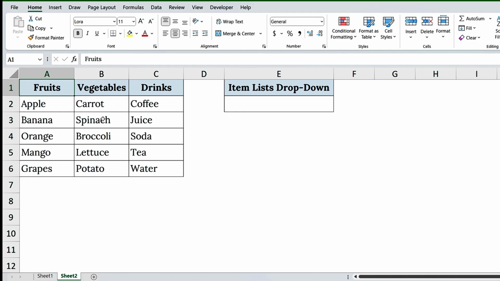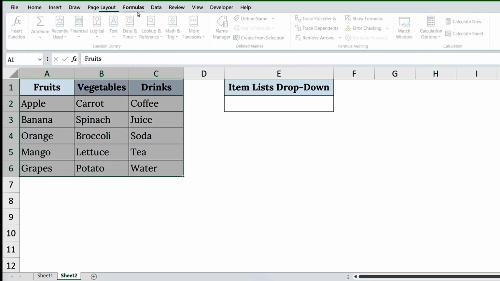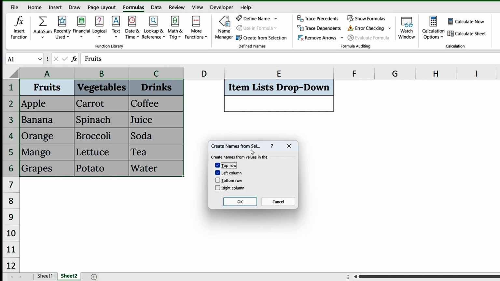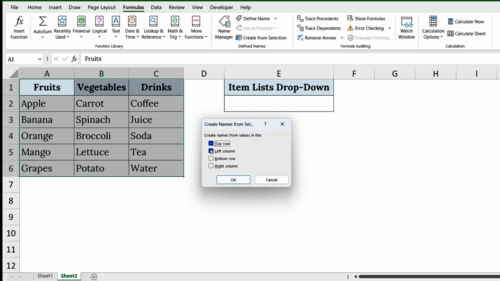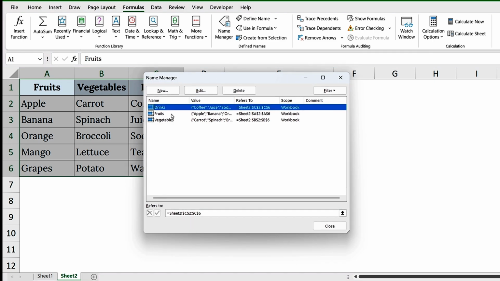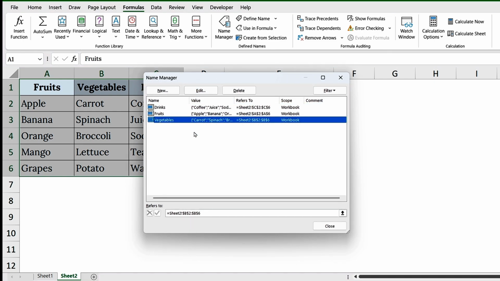Next, we need to create named ranges, so Excel knows where to find each list. On sheet 2, select the entire list, including the headers. Now, go to the Formulas tab. Click Create from Selection. In the dialog box, check Top Row, since your headers are in the first row. Click OK. One thing to keep in mind, make sure the names exactly match the categories you typed in sheet